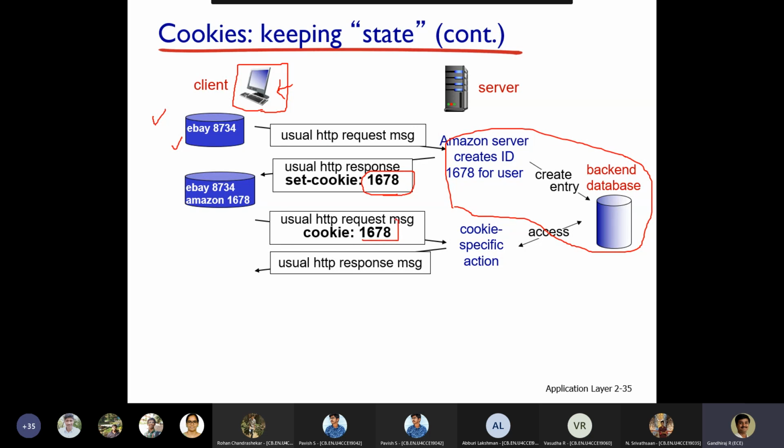Then the server can understand by getting 1678, okay, yes, he was the person who already communicated with the server, and some sort of transaction may be recorded in this location.